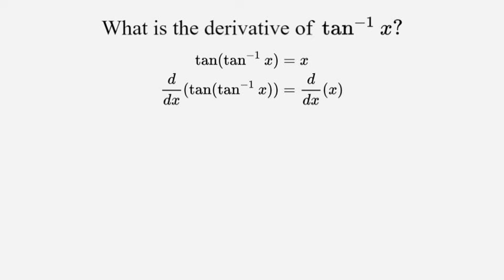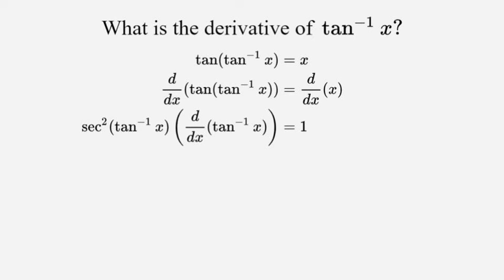Now let's take the derivative of both sides, and on the left side we're going to have to use the chain rule because this is tangent of tangent inverse. The outside function is tangent, and the inside function is tangent inverse. And using the chain rule, the derivative of the outside, the derivative of tangent, is secant squared, but this is secant squared of the stuff on the inside. So this is secant squared of tangent inverse of x,